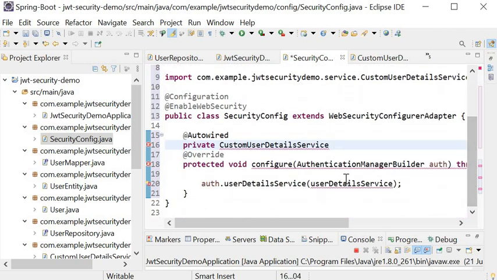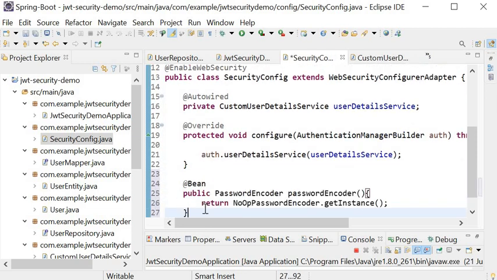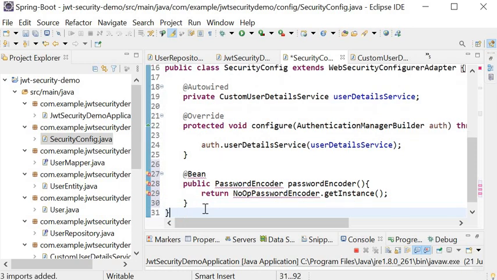So here I will just copy this and paste it here. And here we need to create one more bean in the security config class, that is for the password encoder, because we are using a Spring version above 2.x. So here we have created the bean for the password encoder also.